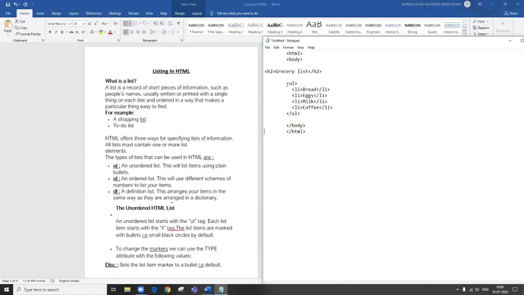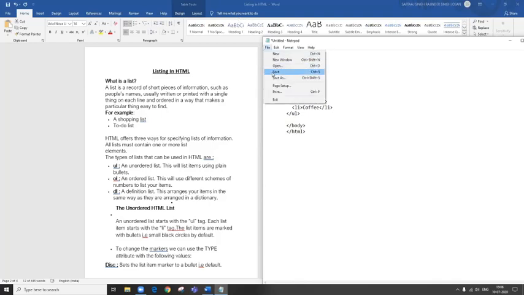So only writing UL will not serve the purpose. Inside UL, you have to use the LI tag. LI, children, as you can see here, has been closed, which means it's a container tag, but this closing tag can be optional. You may use it, you may not use it. You might find in many books that no LI closing has been used. That is absolutely fine, no problem with that.